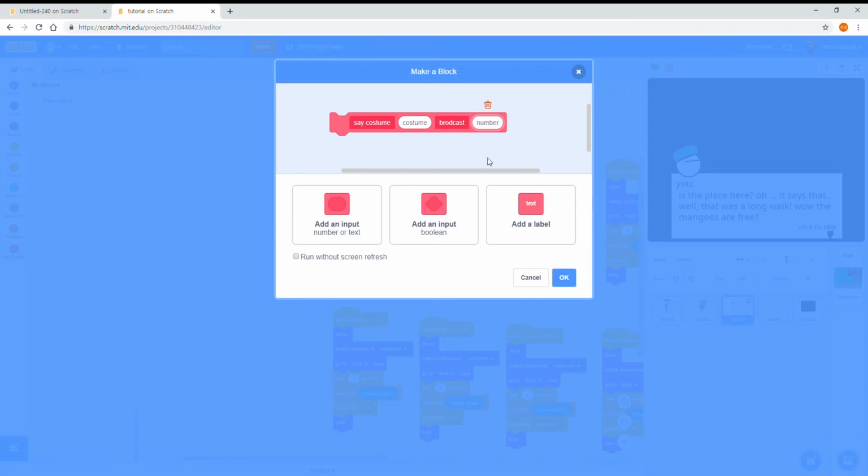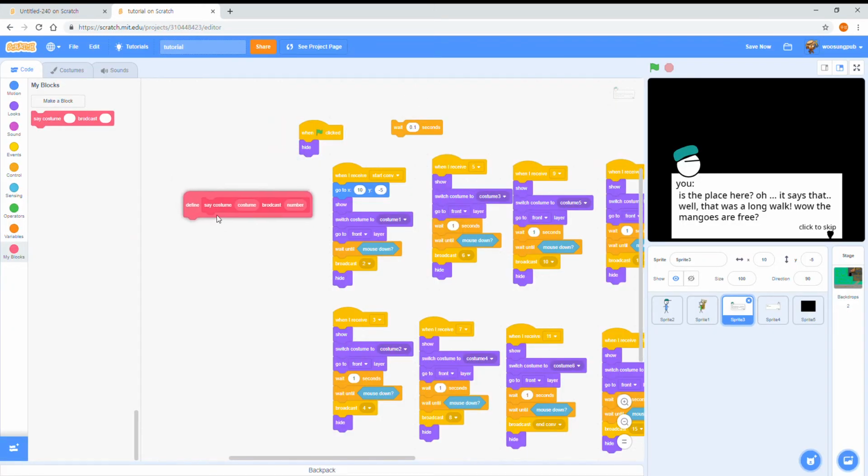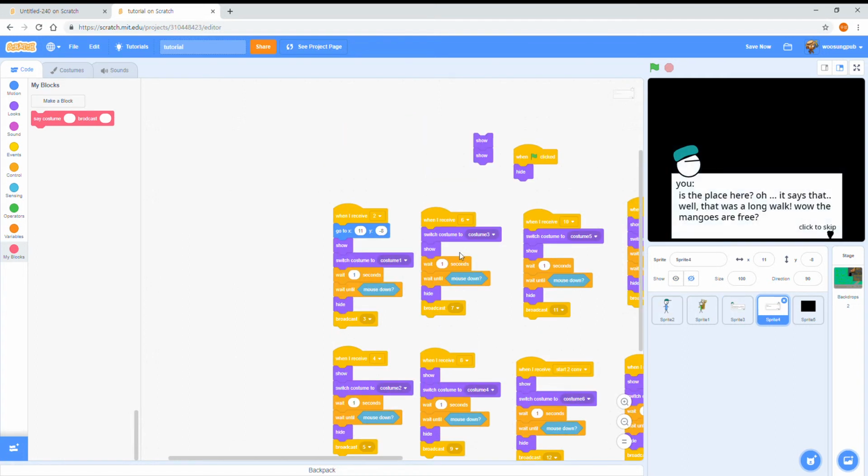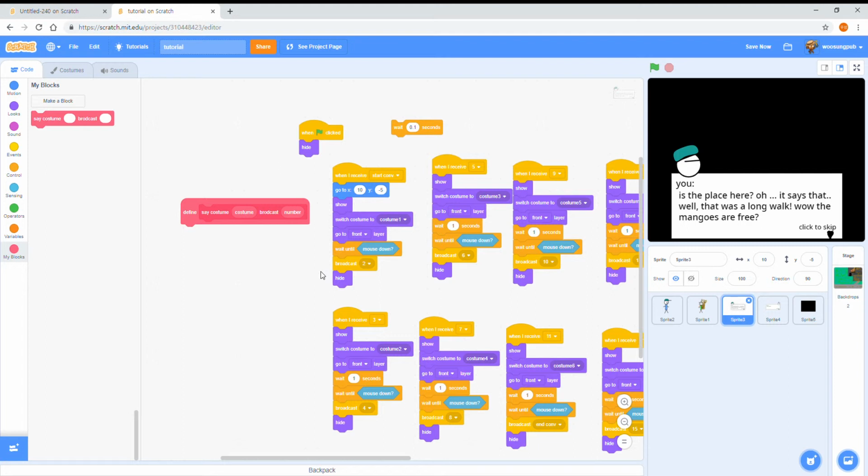So why I made it like this is because this is how it works right now. When I receive this, then it goes here. It switches costume to a costume, goes to the front, waits until the mouse is down, and broadcasts the next speech, which is 2. And here, when I receive 2, it does this, and broadcasts 3, which is here, and so on. So now what I'm going to do is just copy this